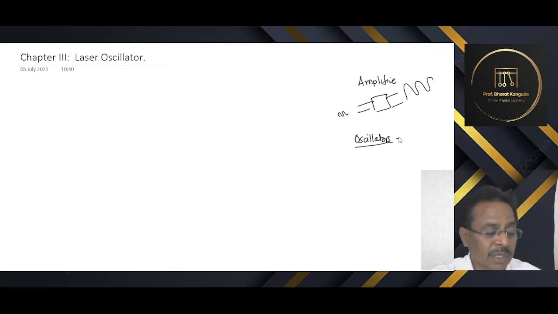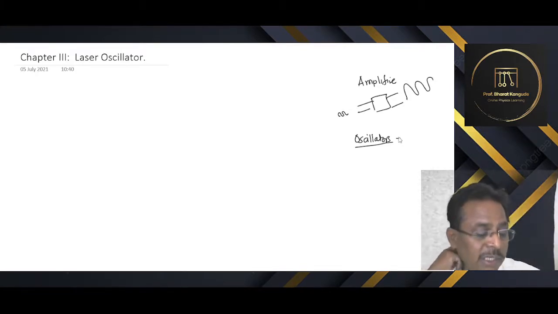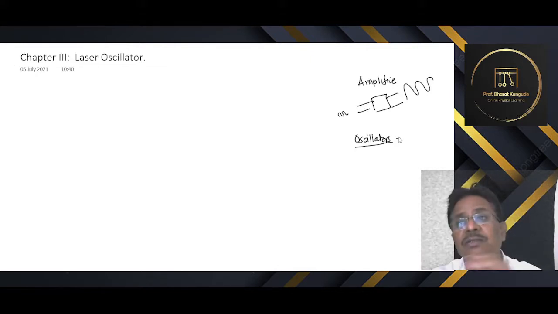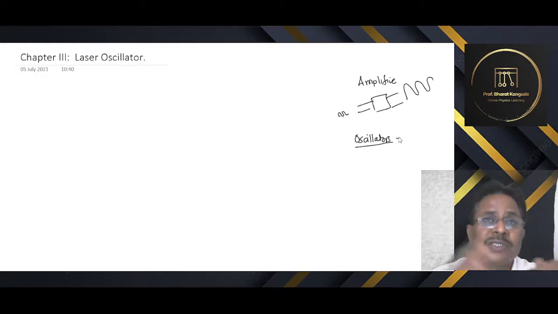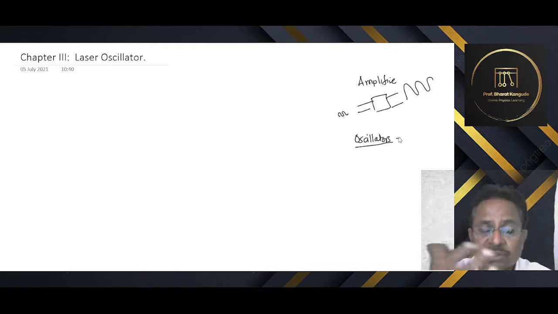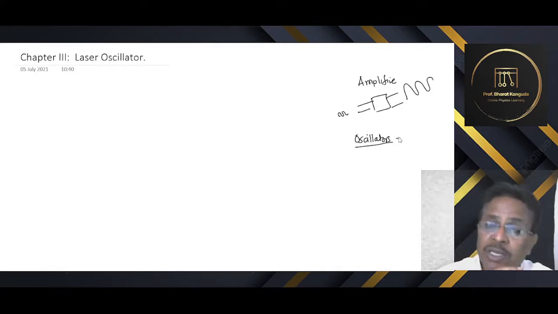Next is the optical resonator: how the action of the optical resonator takes place, and what the different components of the laser block diagram are. We are going to understand all these things. And there is one small derivation, called the threshold condition. There is a certain threshold condition below which the laser oscillator doesn't work, but if that condition is reached or attained in this type of optical oscillator, then the laser oscillators can function very nicely. All these operations we are going to see one by one.